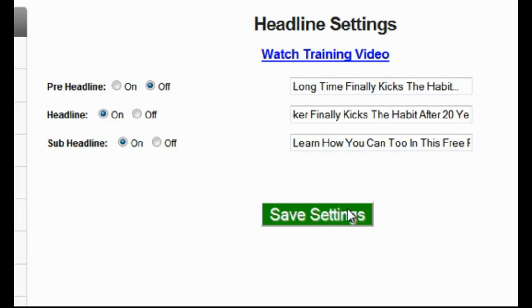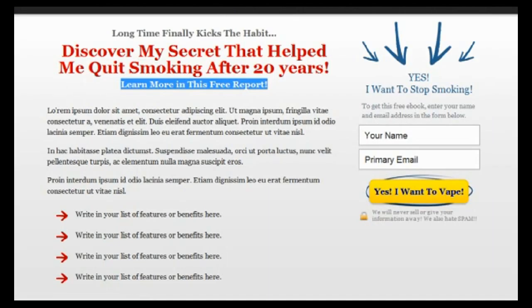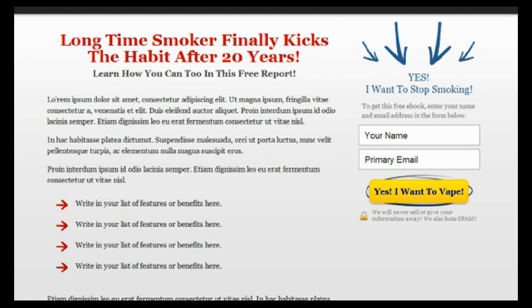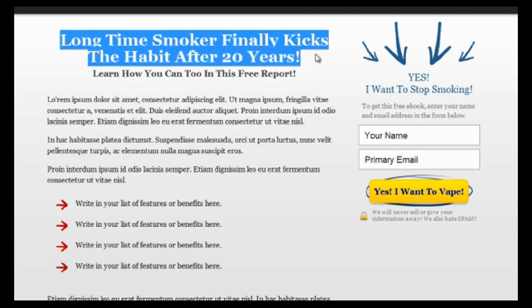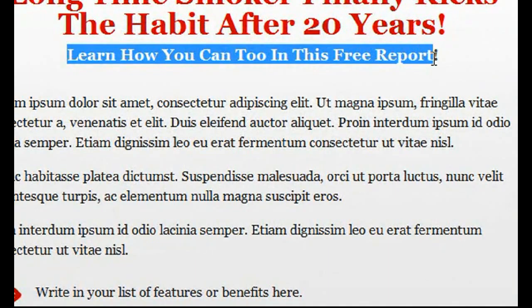in this free report. We'll go ahead and click on the Save Settings button, and we'll go back to our Squeeze Page, the front end, so you can see how quickly we make these changes. I'm going to hit the refresh button now, and voila. We actually have lost the pre-headline. It just disappears for us because we turn it on or turn it off. And I've made the change here. "Long time smoker finally kicks the habit after 20 years." And then the subheadline says, "Learn how you can too in this free report." You see how quickly I made that change? It was just a matter of not even a minute making those changes, hitting the refresh button,